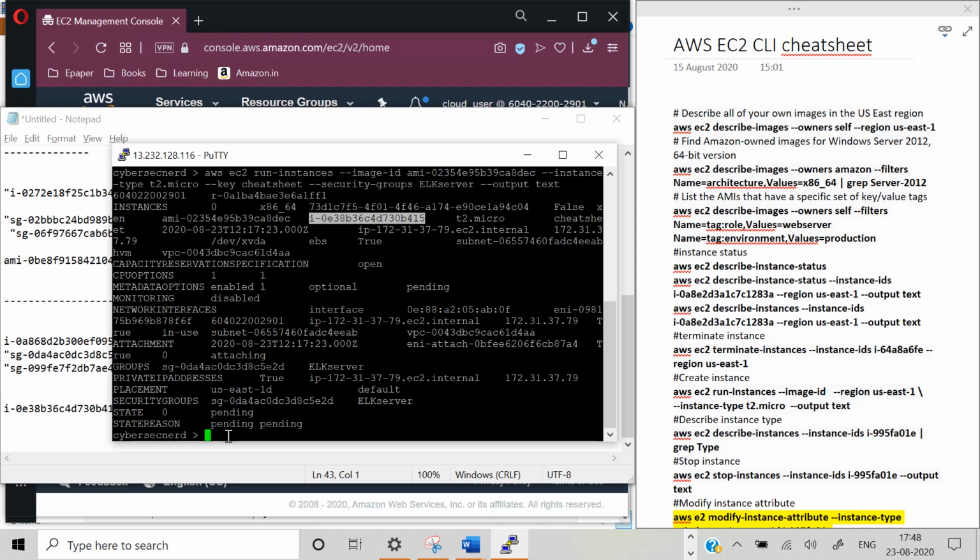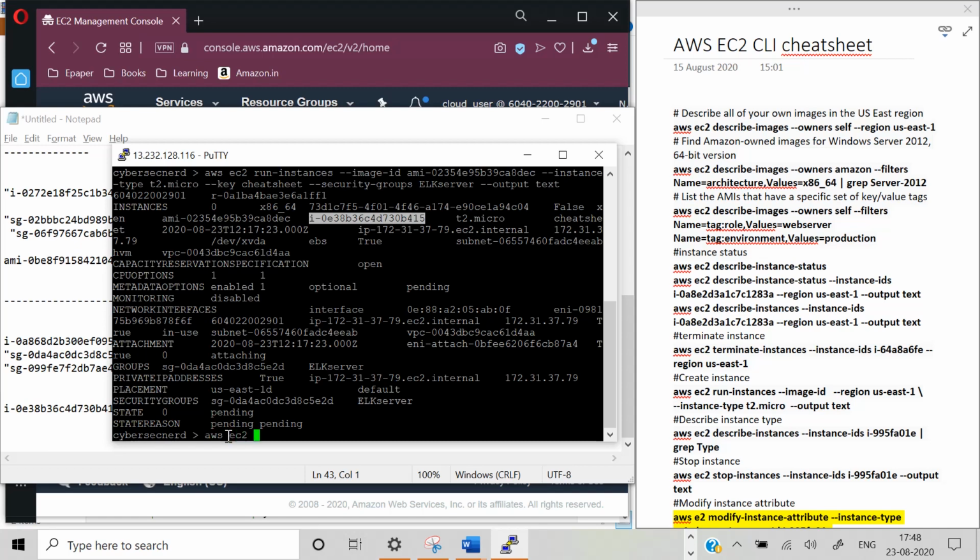If we want to migrate to some other instance type, maybe large or medium, we need to stop the instance. We cannot do that while the instance is running. So we will stop this particular instance and modify the attribute to some other instance type.